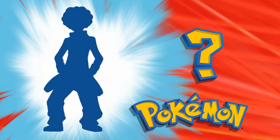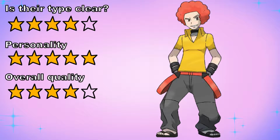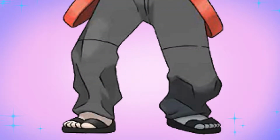Who's that Pokemon? Number 3. Flint. When I'm looking for personality in a design, this is the sort of thing I'm talking about. Even without a clear job like Crasher Wake or Roark, Flint oozes personality with his fashion sense. Fashionable and hip with his jewelry and suspenders hanging off his hips, but also easygoing enough to be rocking the